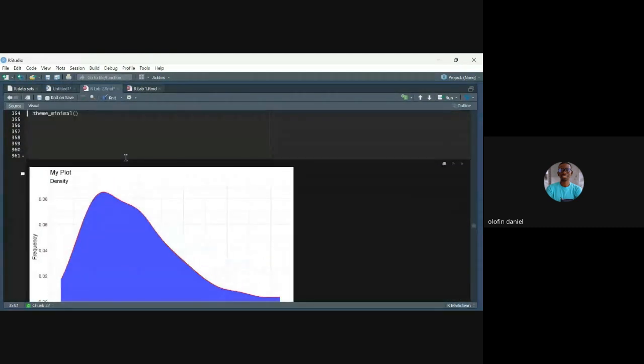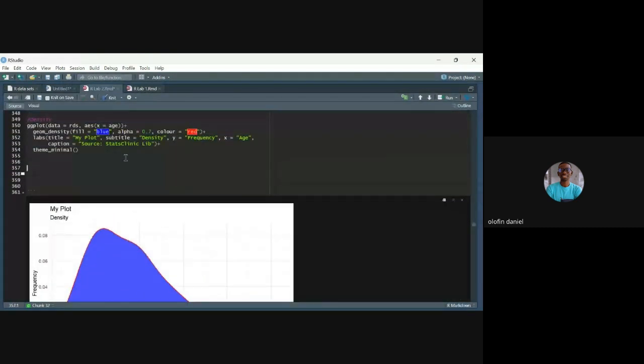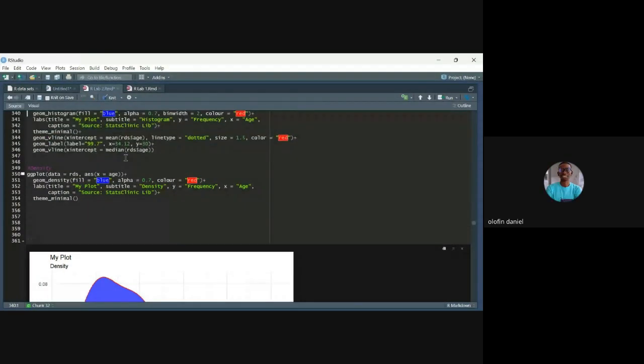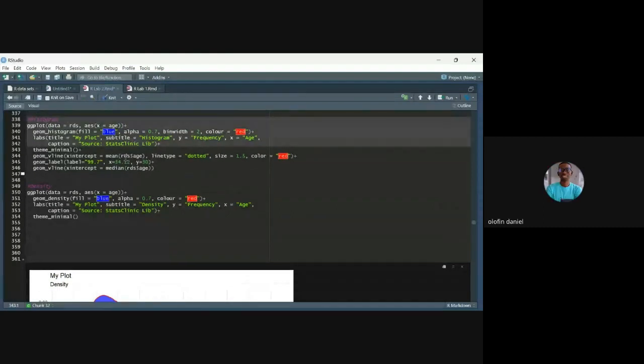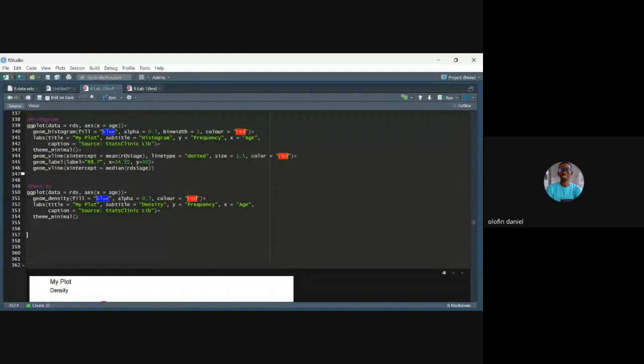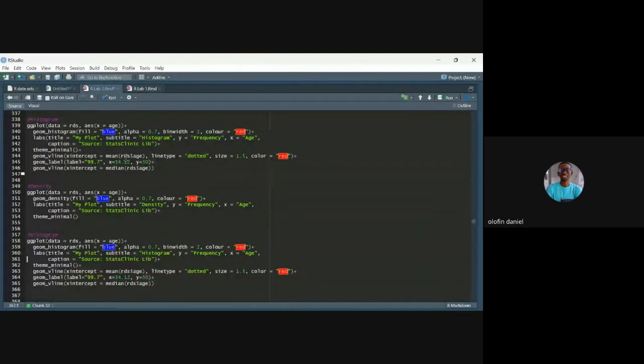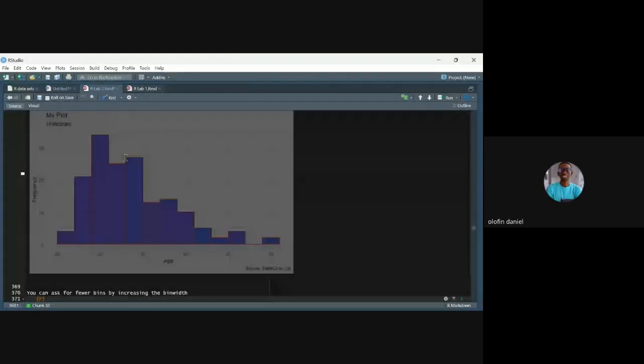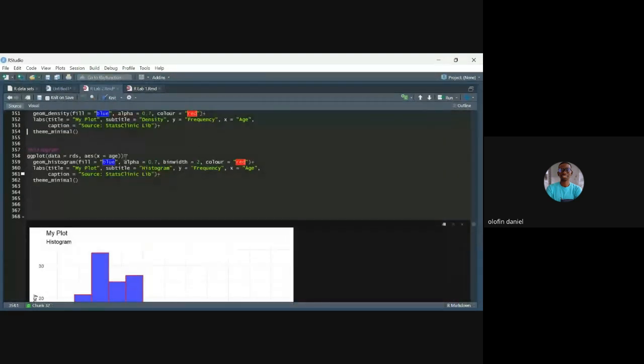So what about if you want to plot density and this thing together? You want to plot density and histogram together for age. I was telling you that you can plot two geometric functions together. Let me delete from here. So this is actually our histogram. So we want to plot density plus